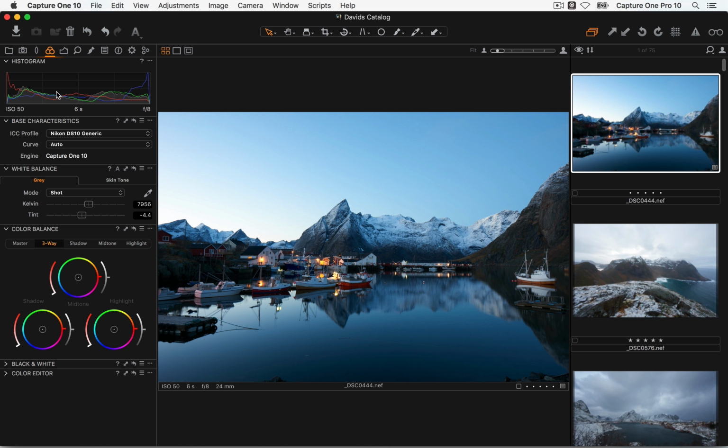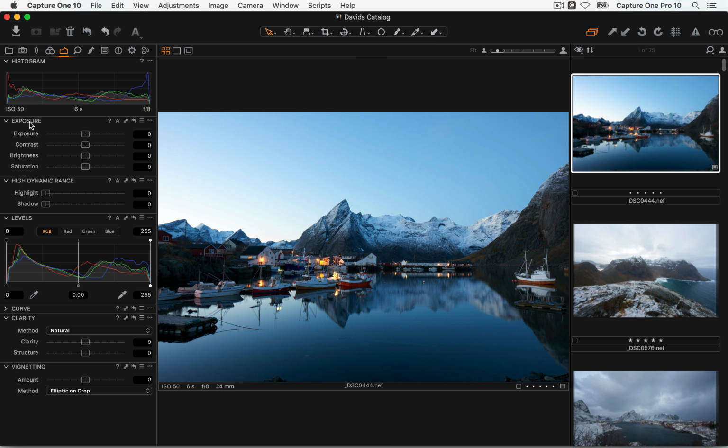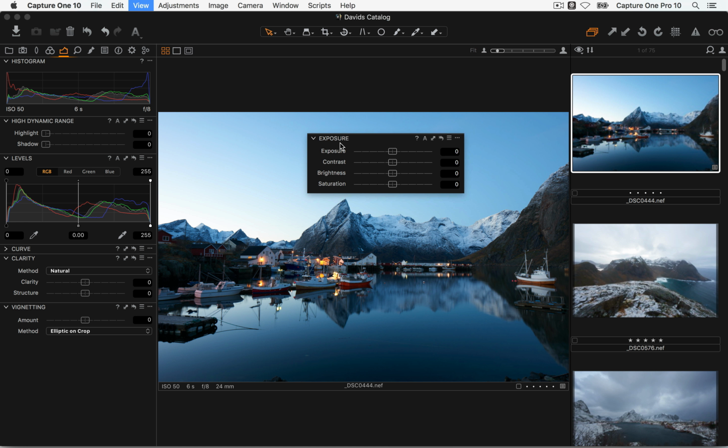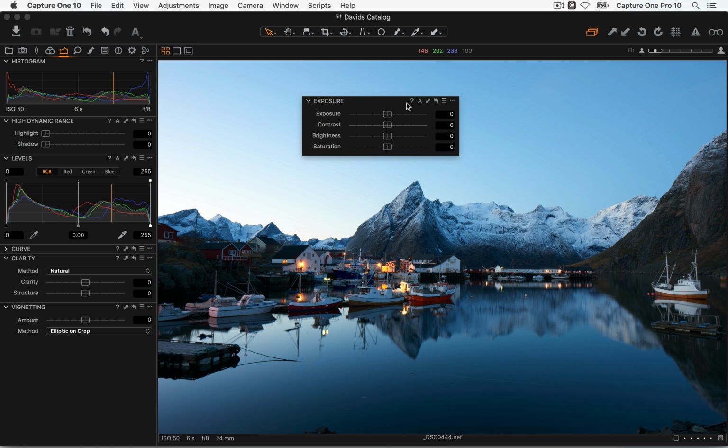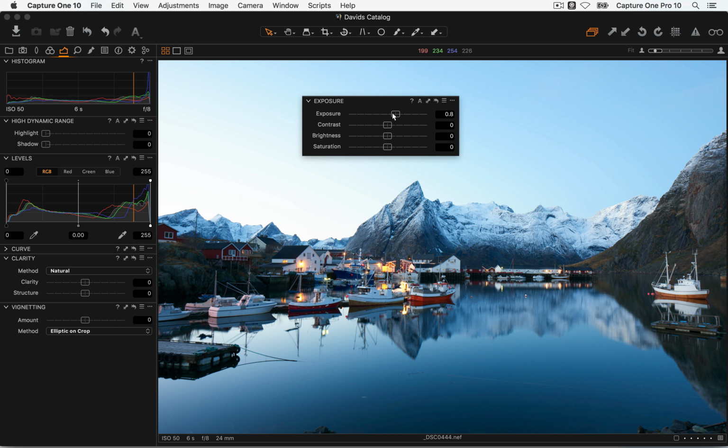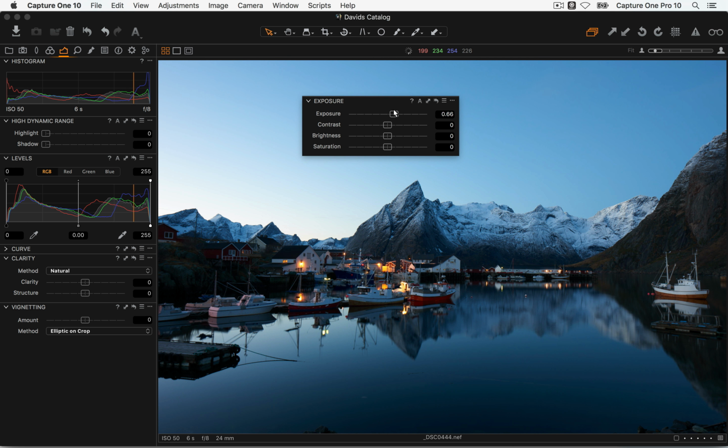So most of the tools we can find are in the color tool tab and the exposure tool tab. I'll just bring a tool out front here so we can look at it in detail. I'm sure you're all smart enough to figure out how a slider works. Dragging the slider adjusts the image. If you double click a slider, it resets to 0. If you click on the name of the slider and hold, then it just gives you a temporary before and